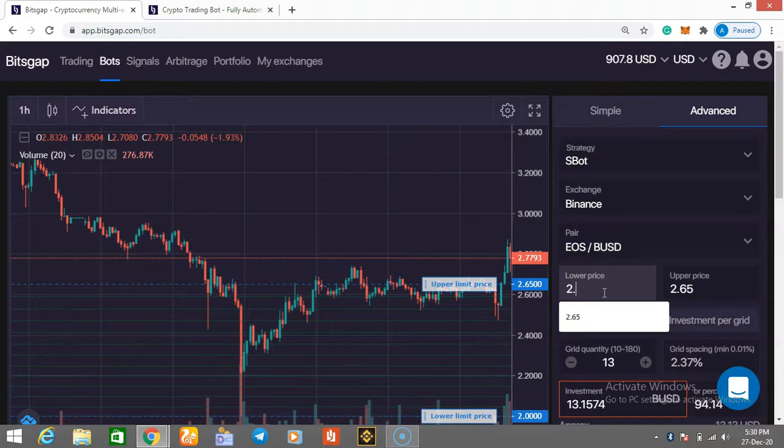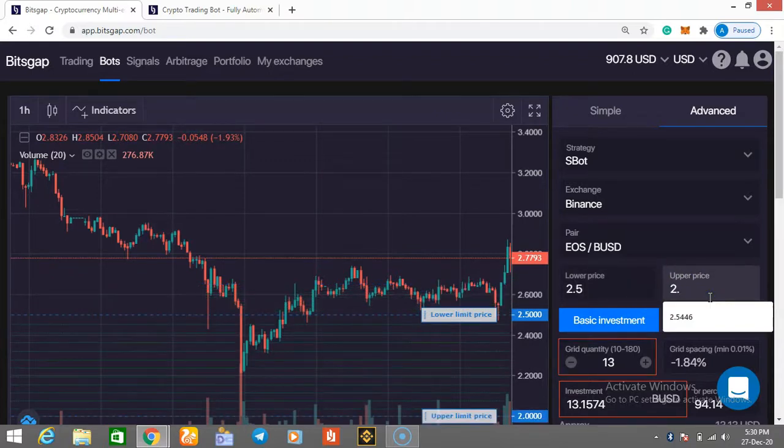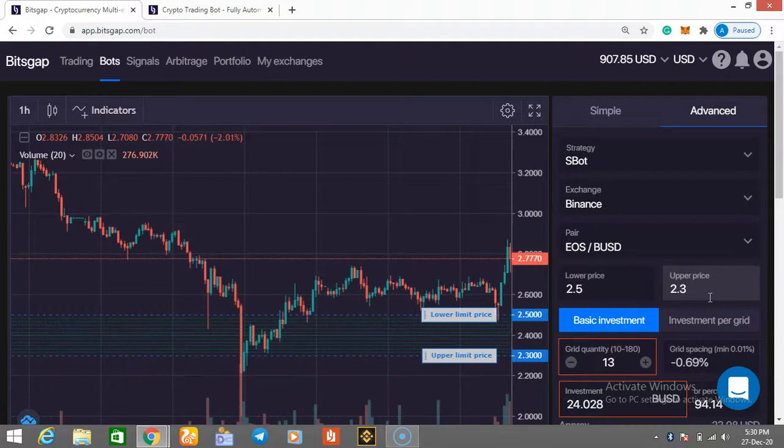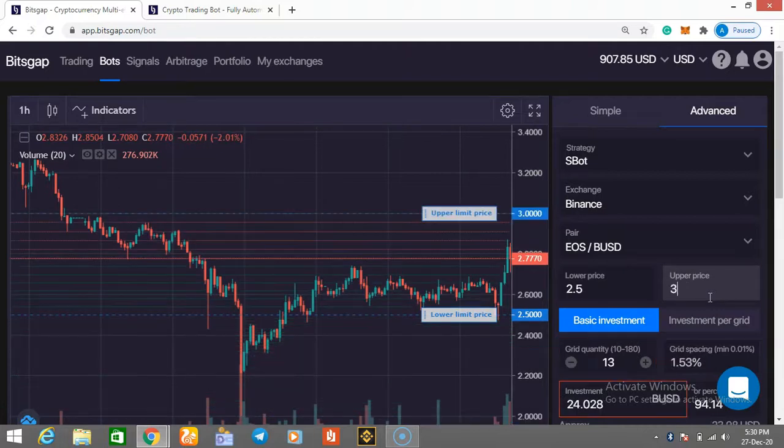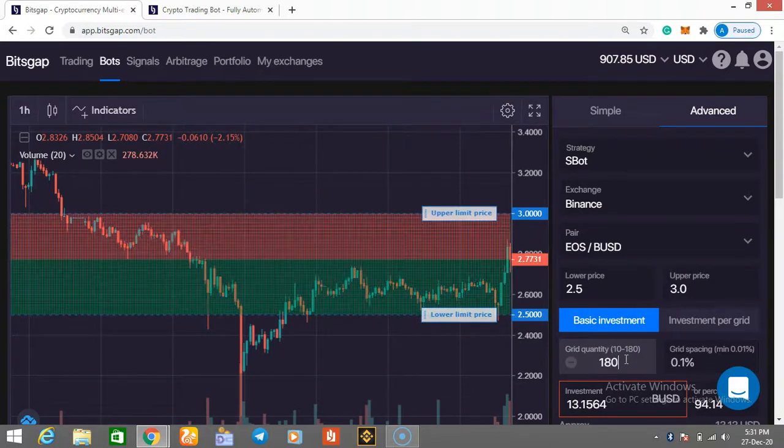So now let me say the lower range is 2.5, then you make your upper range to be 3.0. Except you use 180 as your grid, because that is only when you can achieve